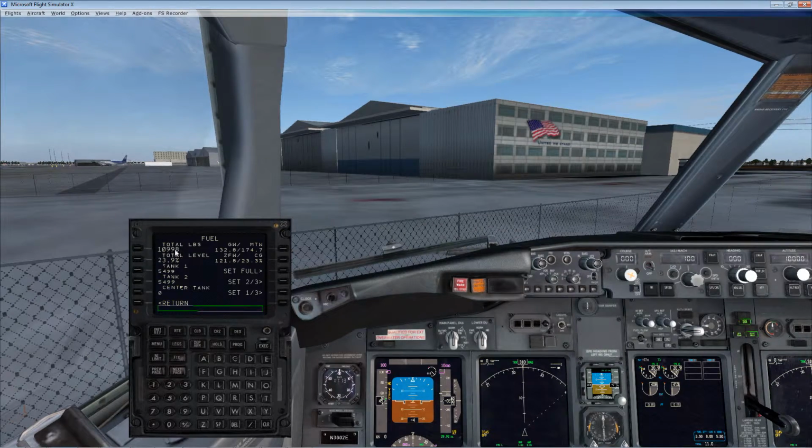Now this fuel is going to count down because my engines are on. Again, this is just to keep you with the basics so that we can concentrate on the FMC. You can start this plane up cold and dark, but that will be for another tutorial. These numbers are going to count down because our engines are on and we are burning fuel. So let's get right to